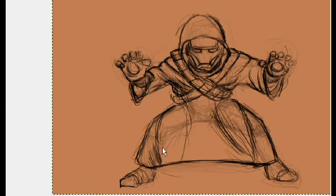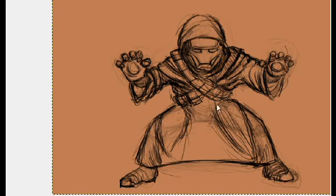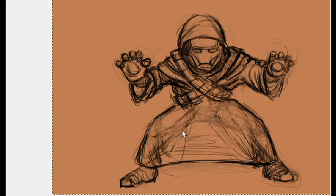Detail is not important. In fact, you want to avoid detail in a gesture sketch. You want to avoid drawing solid shapes. You want your lines to be fluid. You want your lines to be loose. Sketchier the better, basically. And one of the advantages, of course, in working in a digital medium such as GIMP, which is what I'm drawing in,